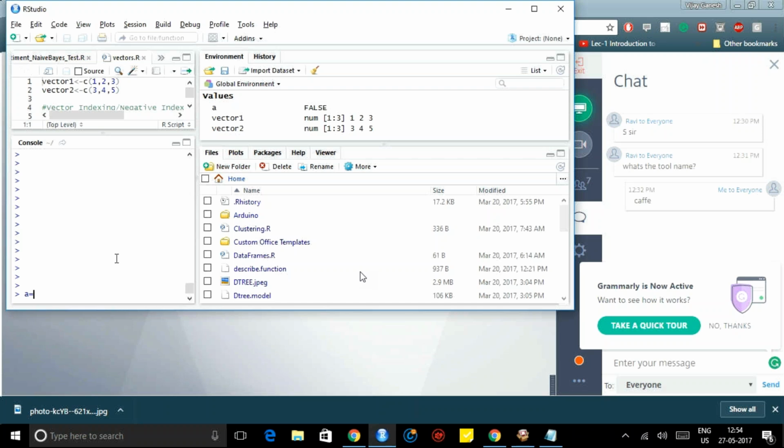So A is equal to 5.5. Class of A is numeric. B equal to 5. Class of B is still numeric. But if you want, now we'll cast both A and B to integer and see what is happening.